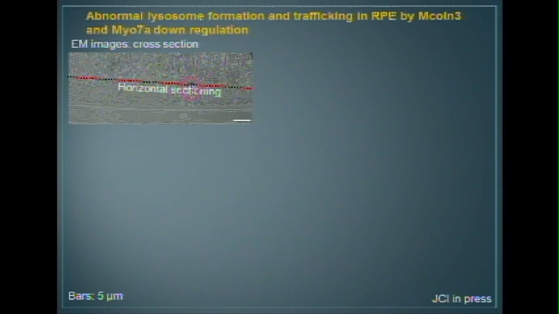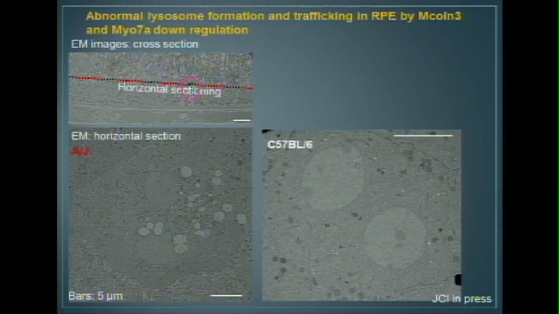To get better images of RPE cells, we prepared horizontal sections of these RPE cells. What we found is a large number of vacuoles in RPE cells, which is not observed in the B6 mouse at 3 months old. We think that pathological changes have already occurred in RPE cells in the AJ mouse and induce precipitates and age-related